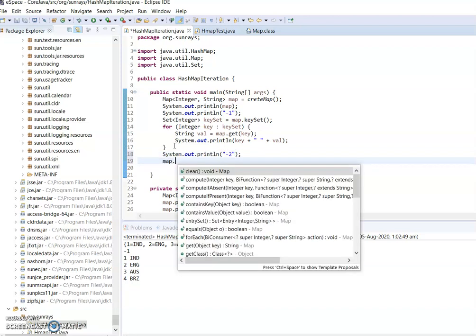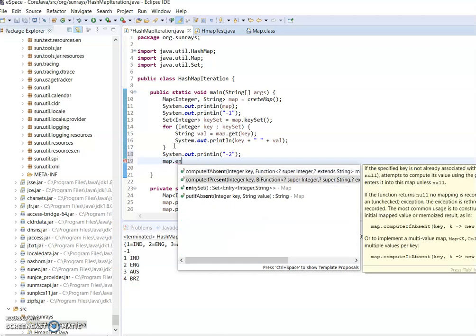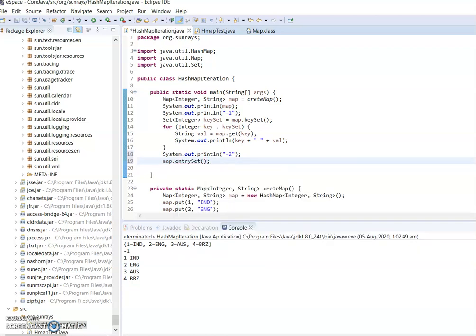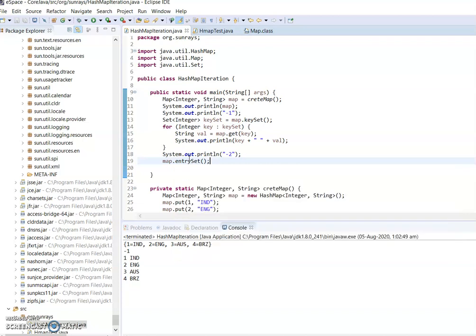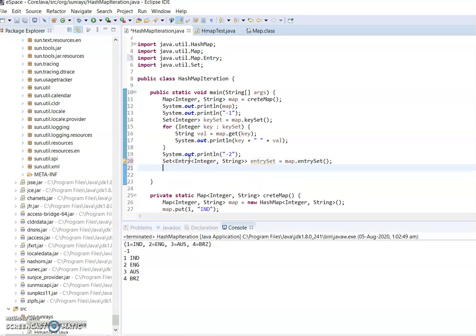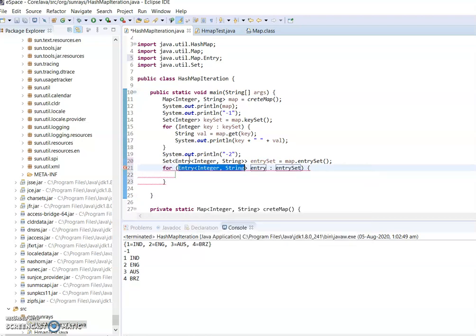The other way is the entrySet function. From entrySet also we can retrieve the data. EntrySet returns a set of entries. A set is unique, and entries are nothing but key value pairs. From entrySet I'm going with the enhanced for each loop.